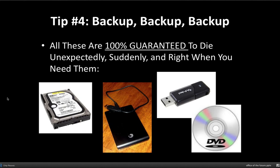We've had hard drives fail 2 months after they were bought. We've had hard drives that have lasted 10 to 12 years before they died. It's just a question of timing, and it's too much of a risk to take with anything that's important. If you've got important business files, if you've got important family photos, if you've got music that you've downloaded, you've really got to have at least 2 copies. An easy solution is to have 2 backup drives and back up to both of them, and maybe tuck one away in the safe deposit box or at a friend's house or whatever, so you've always got an extra copy out there for when your